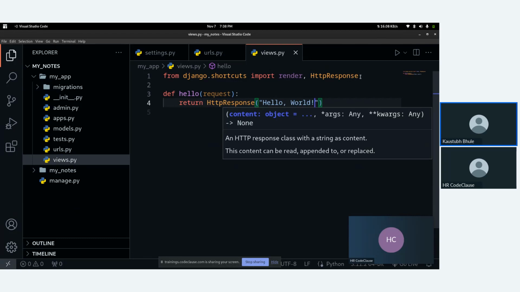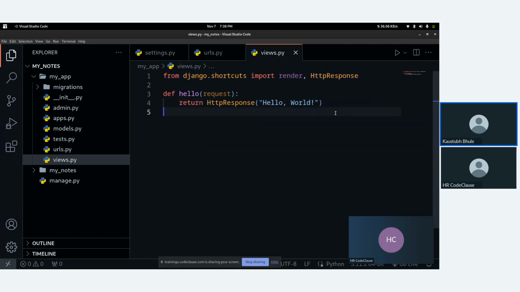Basically, with the HttpResponse function we can pass our HTML, but it's not possible to copy paste a complete HTML file inside this function. That's why we use the render function, which is already imported here. But for just testing purposes, we are using the HttpResponse function with an h1 tag. Let's close the HTML tag.